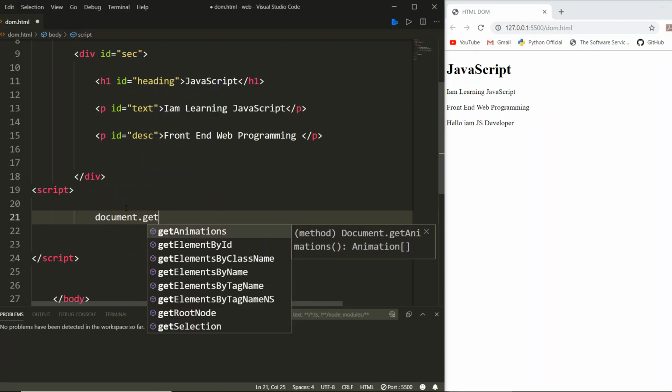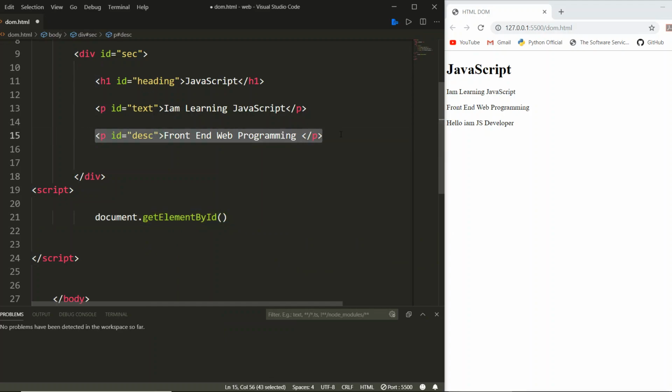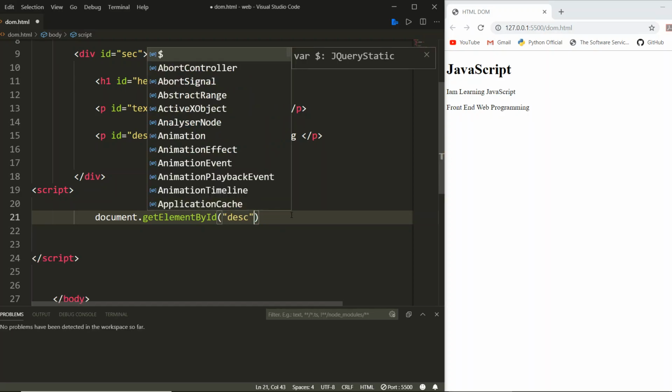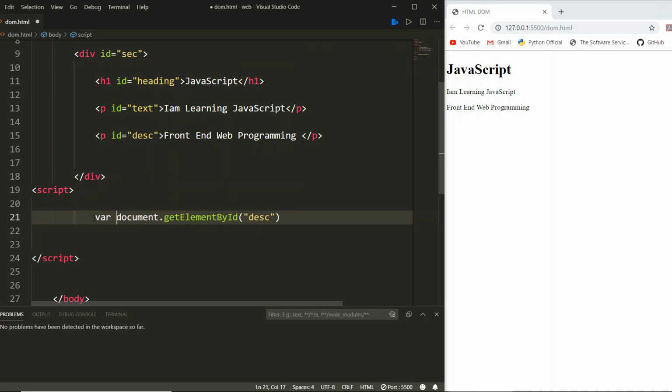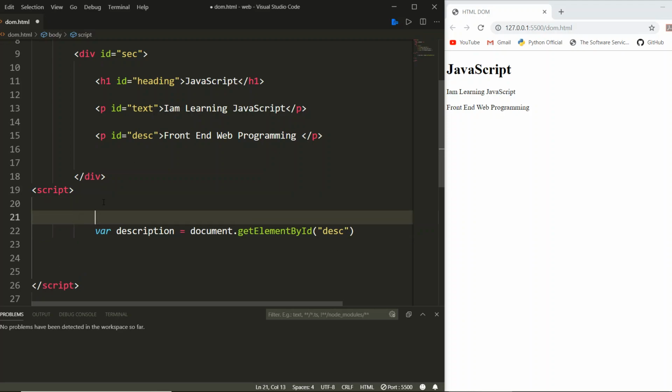Simple, common sense. Get element by id. If I want to remove this particular paragraph element, then access that one with the id, and store it in some variable. Okay, now what I need to remove it. So first I need to